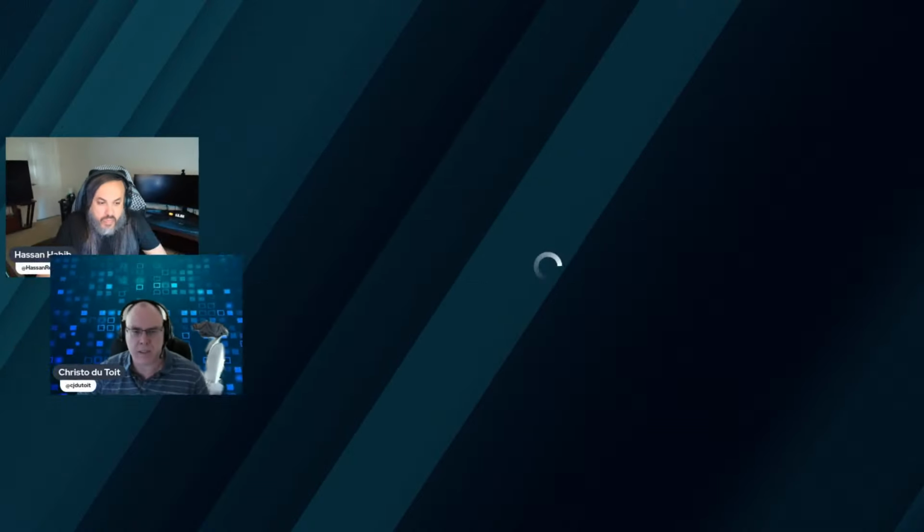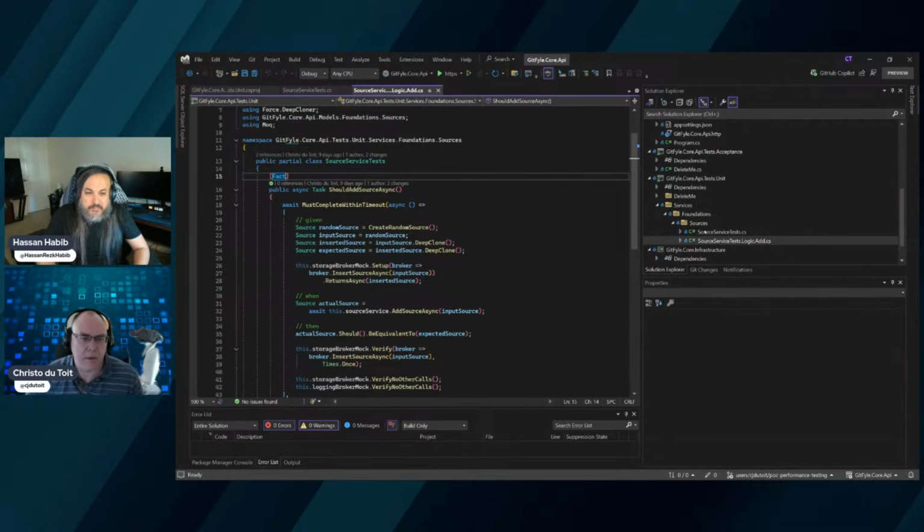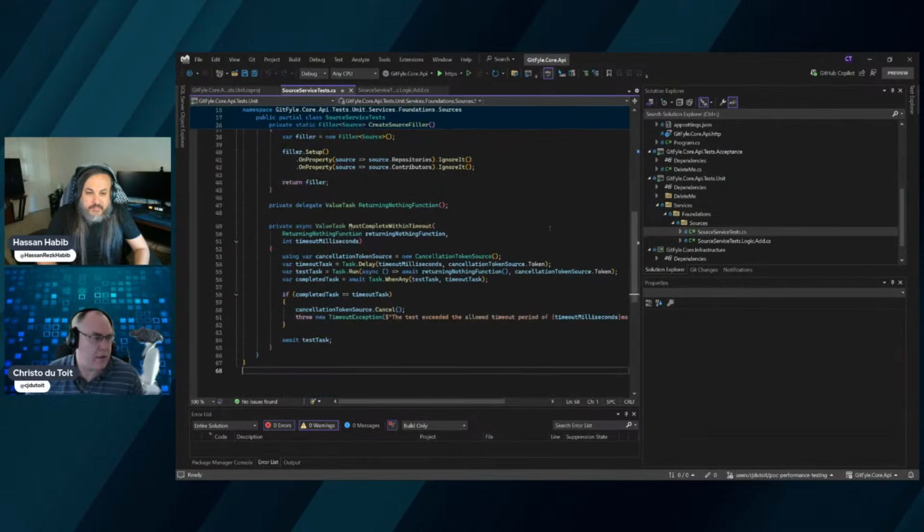I found in some articles on the internet that they say this fact method is not really designed for asynchronous operations. So if you put a timeout in there and your test is async, you're going to have mixed results. Because our test is async, I took the pattern that we already use for try catches, and in our service method created a delegate,